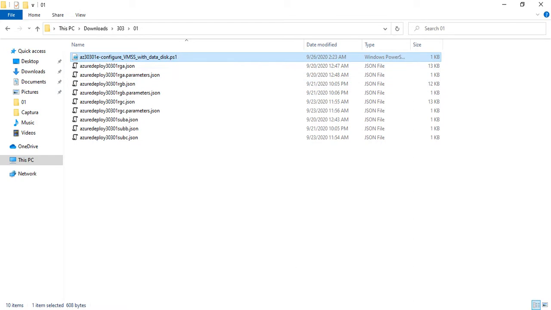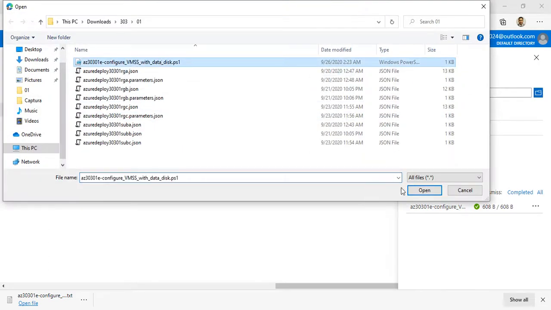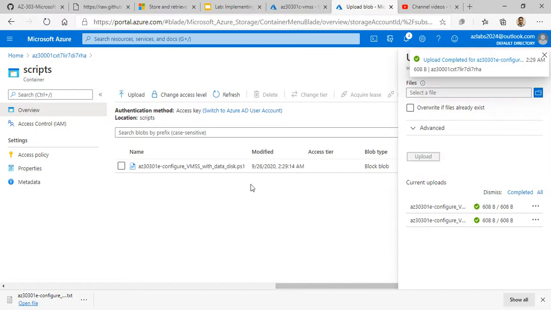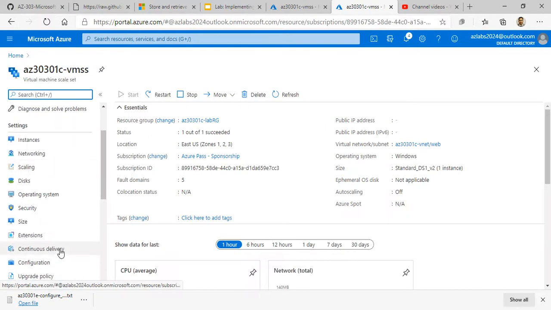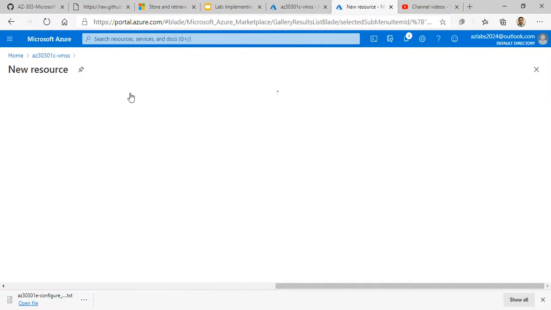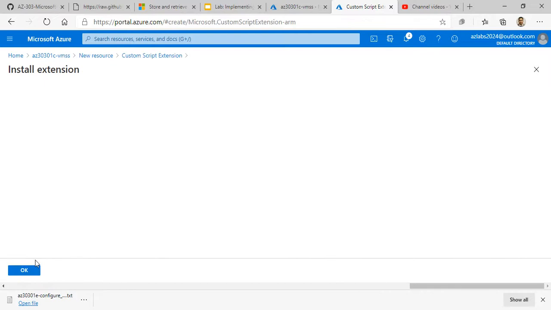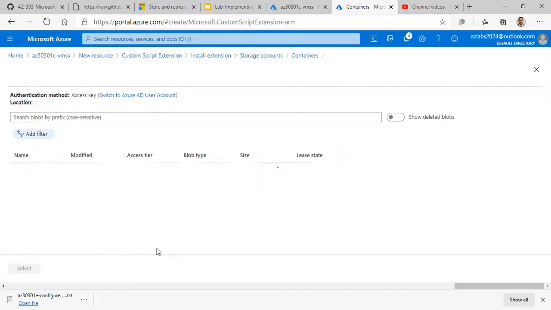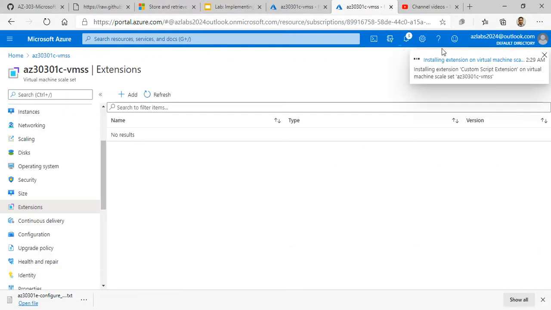So now we can go back to our lab, upload that particular file one last time. Hopefully this one is going to work. Then upload. So now I have that ps1 file. So go back over to our virtual machine scale set, go back to our extensions, and inside the extensions again add a custom script extension, create a new one, select the right file this time, go back to the scripts folder, get the file, select it, and hit OK,